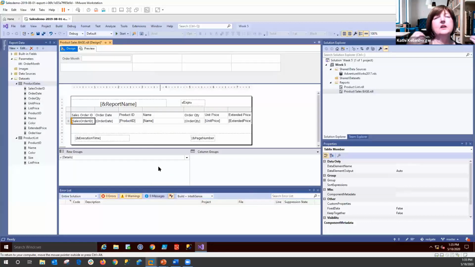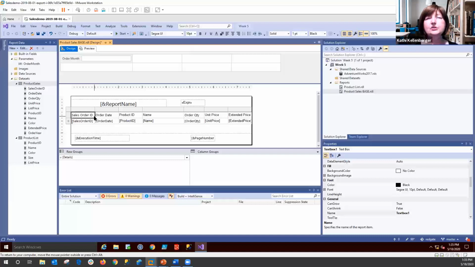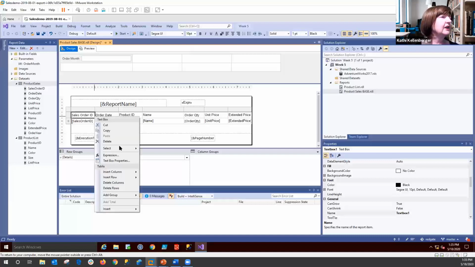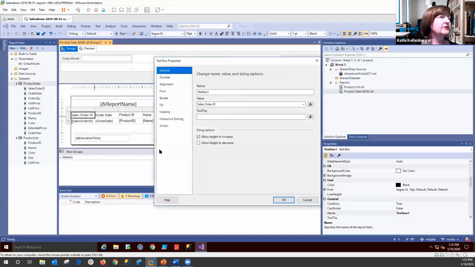What if you are asked to have some interactive sorting? Your end user just wants to be able to click on a header and have the sorting change, or click on multiple headers. You know, first sort on order date and then sort on product ID, something like that. So you can do it. So what you have to do is click on each of the headings that you want to sort on, right click, go to Textbox Properties,